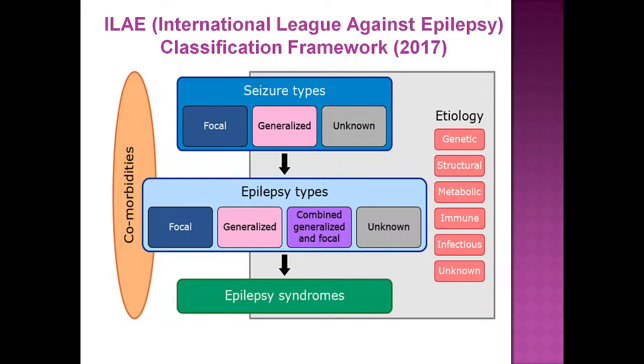These terms, focal and generalized, do they make any sense to you? When we say focal and generalized in relation to seizures or epilepsy, what focal or generalized portion are we talking about? It is in the brain, the cortical activity of the brain. So if it is localized in a particular focal area, you get focal seizures. If the abnormal activity is throughout the brain, then it is generalized. Okay? The manifestations will differ and we will look at the manifestations later.